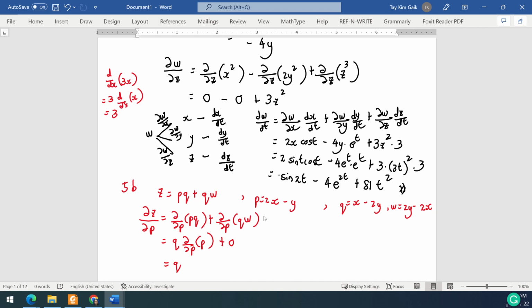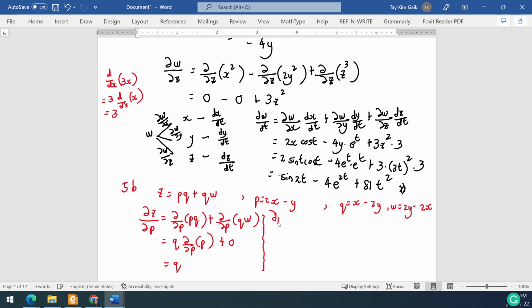Just when you look at the variables, maybe you hate it. But slowly, you just need to focus, and remember when you del p, the other variables are constant. If you differentiate a constant, you only get 0. If you differentiate a constant times p, you factor out the constant, and then you del p of p power 1, you get 1. Later on, because we just want to find del z del x, then for p here you can find